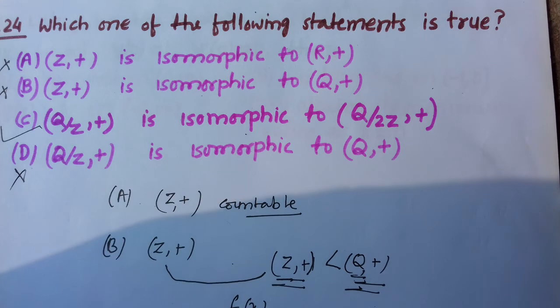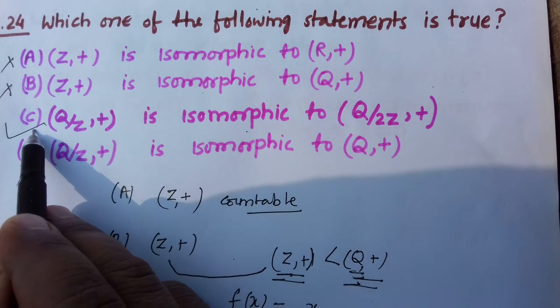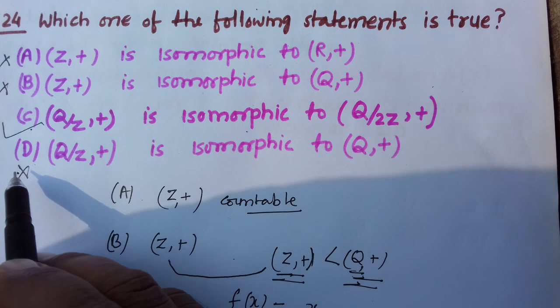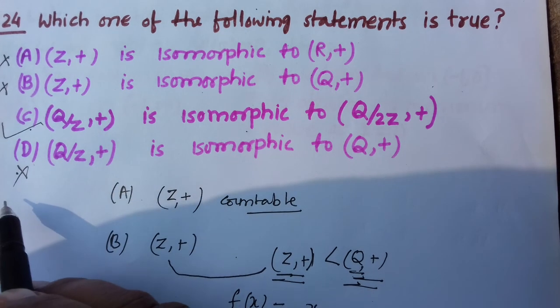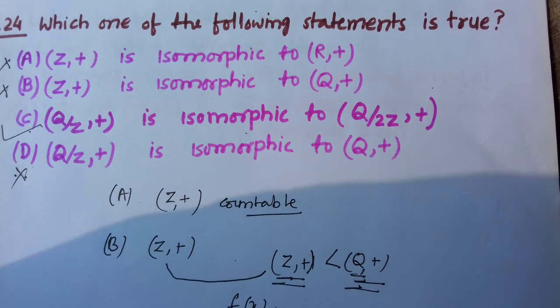So our correct option is C. Whenever you find C as a correct option, there was no need to go for D, because this is a waste of time, as in such type of question only one option is correct. But for the learning purpose, I have shown that in D the statement is incorrect.